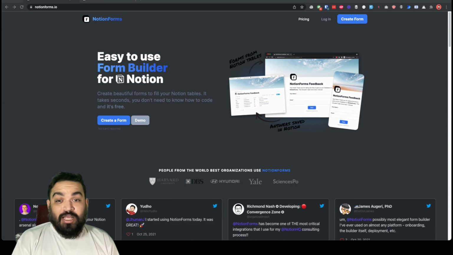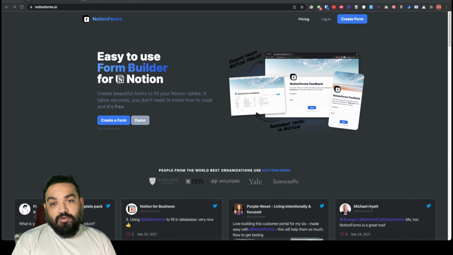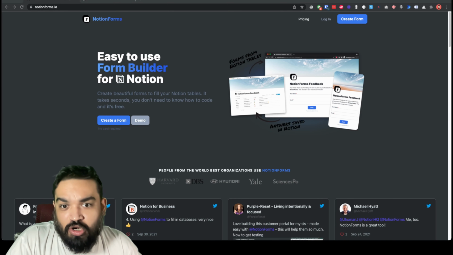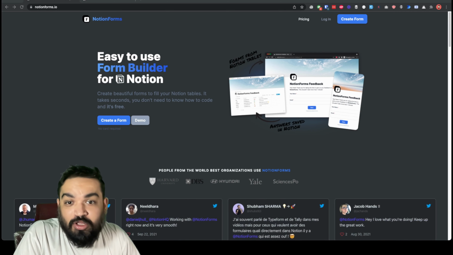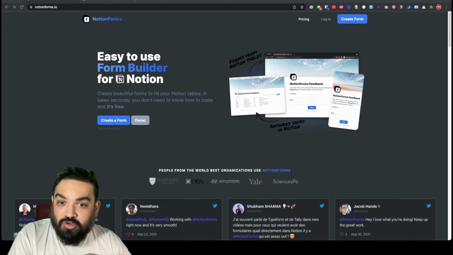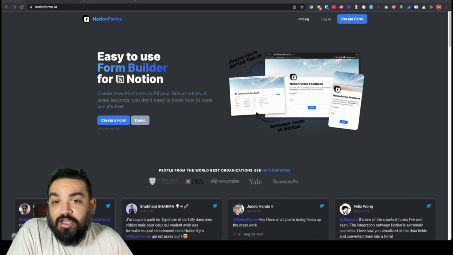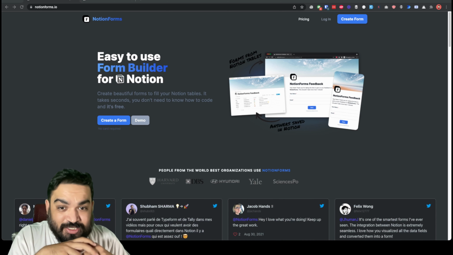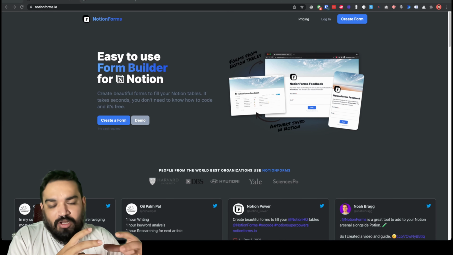Very similar to tally.so and also commotion.page, or even Typeform if you consider it a form builder website, or Jotform. We also have another website called notionforms.io, which allows you to create forms and store data in Notion, right? You can always use these forms independently of Notion, but the data at the end of it is stored in Notion and nowhere else, right?